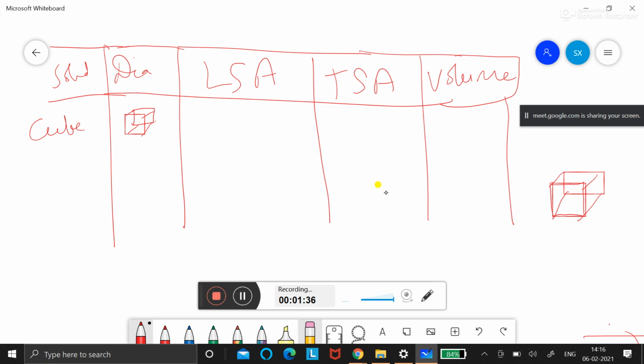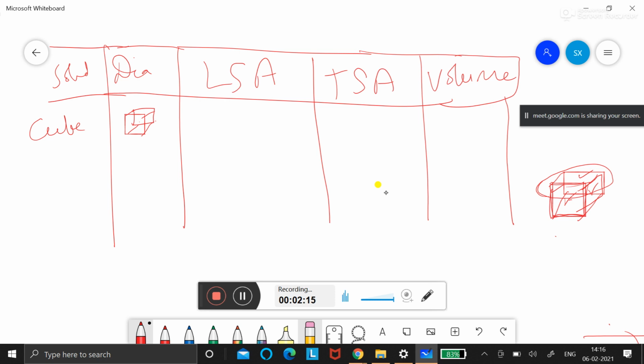Are you there, children? Square. Everything is in square. So how many squares are there when you take lateral surface area, LSA? 1, 2, 3, 4. That is what I struggled to show you with the cube. The camera is not working in my laptop. So Monday I can show you through Google Meet, don't worry. You can also see our 10th standard introduction class. You will understand. There are 4 surfaces. So what is the area of the square?